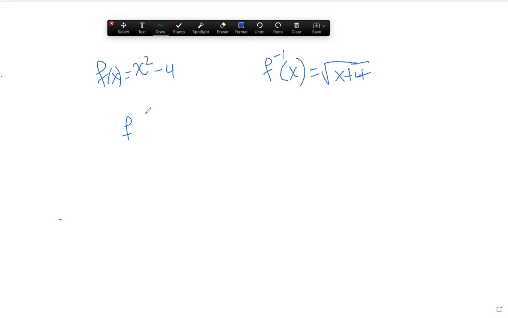So if we compose them, f of f inverse of x, then what we're going to get is